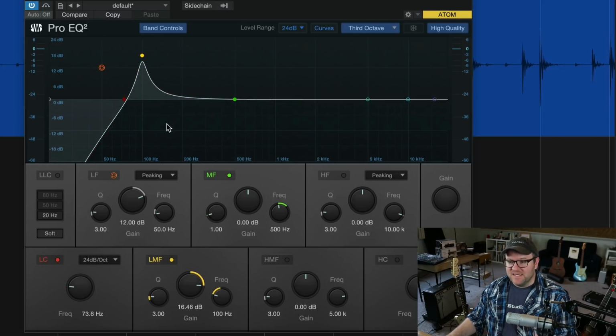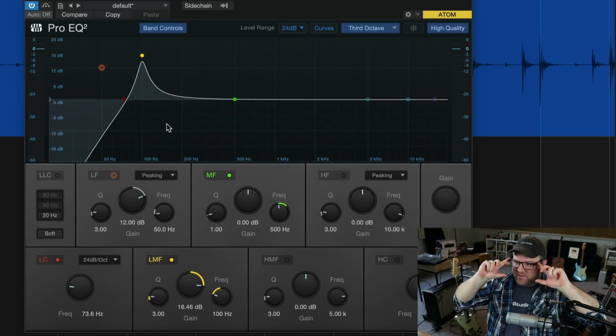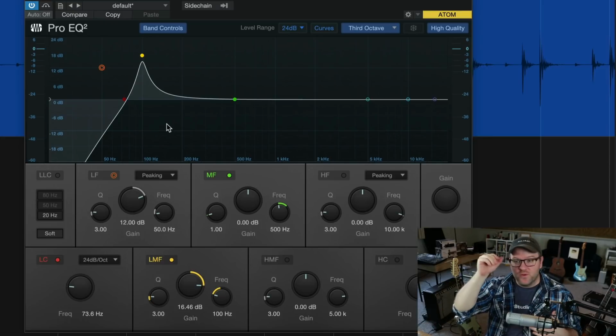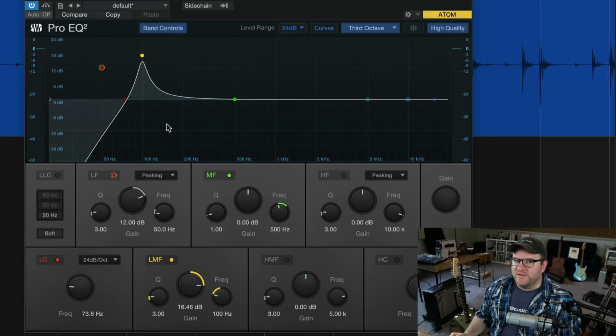Now, my guess is he just wanted to boost the low end. He wanted a big, beefy kick drum, and he had this misconception about low end. This used to be me. I was the same guy who thought if you said, what's 100 hertz sound like? I'd say, boom, sounds like that. And then if you said, what's 50 hertz sound like? I'd say, boom, just maybe a little bit lower. In my mind, they're maybe just a little different, but in the same ballpark. But they're not. They're very different.